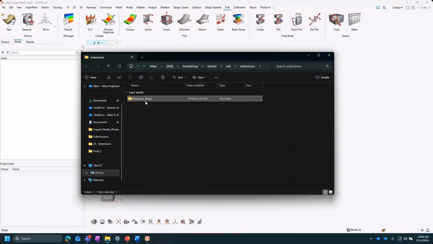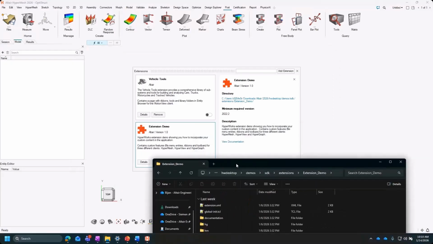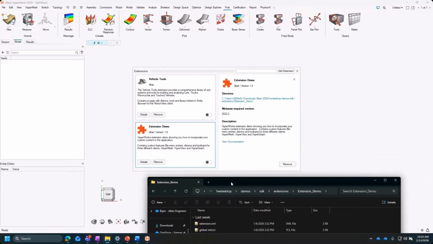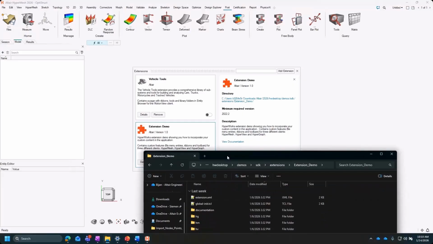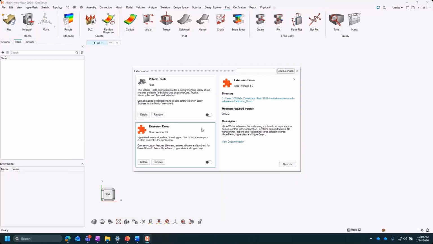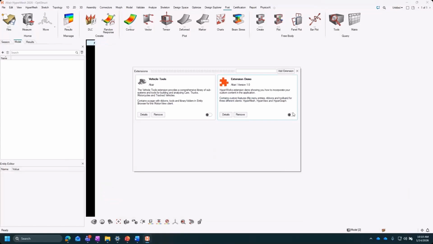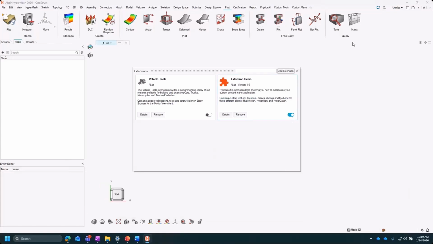If you click on that, it'll open up this folder with all of these extension documents. In my opinion, this demo gives a good, comprehensive overview of how all the different types of extensions work. But I'm going to go through a simpler example for the sake of time. If you want to see all of the different types of extensions, you can. To turn on an extension, you just hit this little radio button here, and it'll update your GUI, your interface, accordingly.